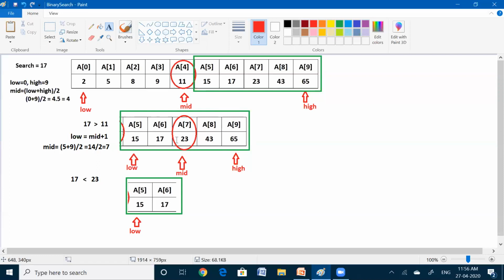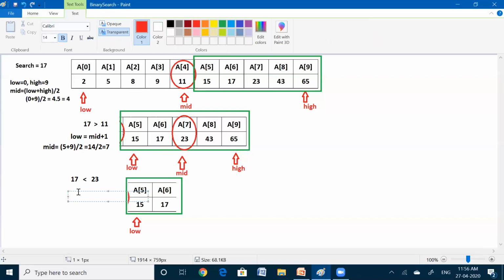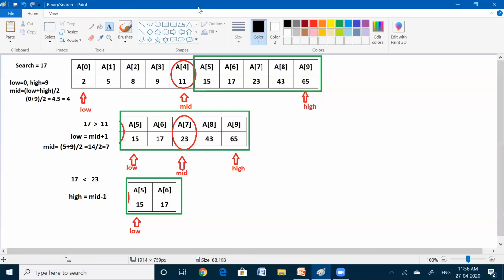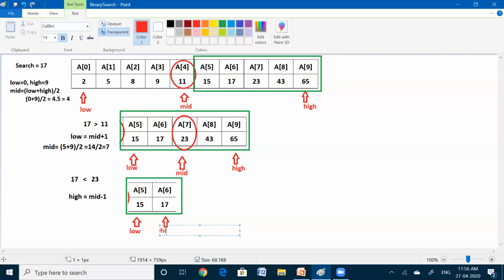Whenever the search element is less than the middle element, the high value is changing, but the low value is still at the same position. So the new high value is mid minus 1. Mid minus 1 will be the new high value, right? So this will be the new high value in this list.